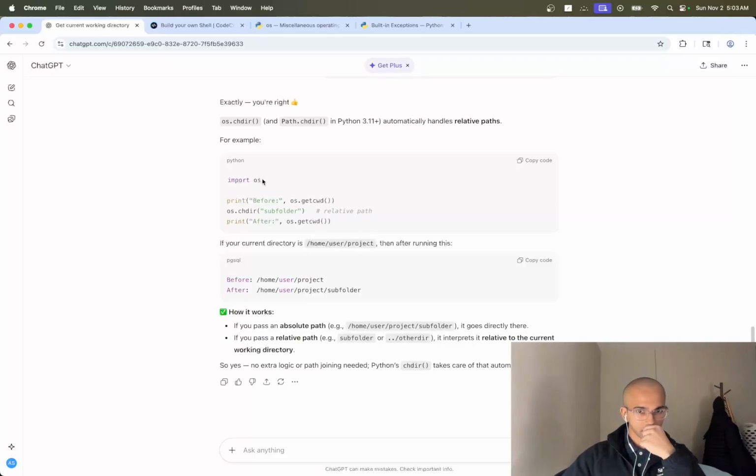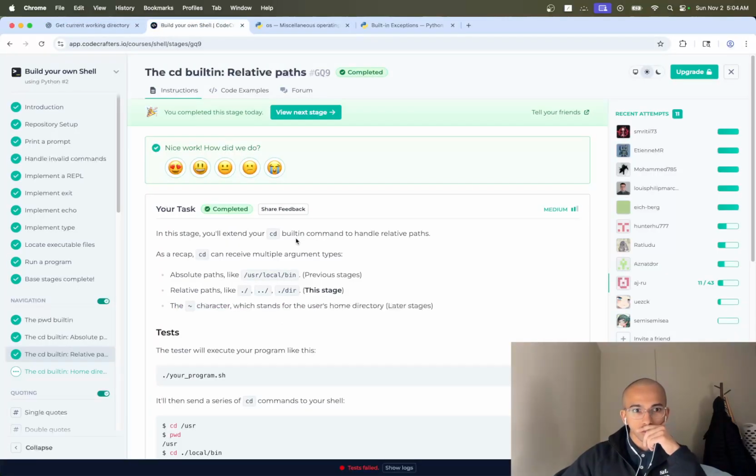Automatically handles relative paths. Yeah, so we don't need extra logic or path joining. Python change directory takes care of that automatically. Okay. But why is this a separate stage though? Are they expecting us to somehow use another system call to change the directory, or not use the system call at all? But yeah, I think one needs to use a system call to change the directory,